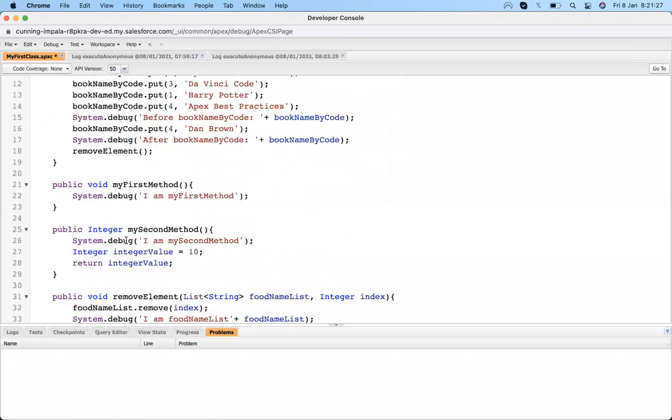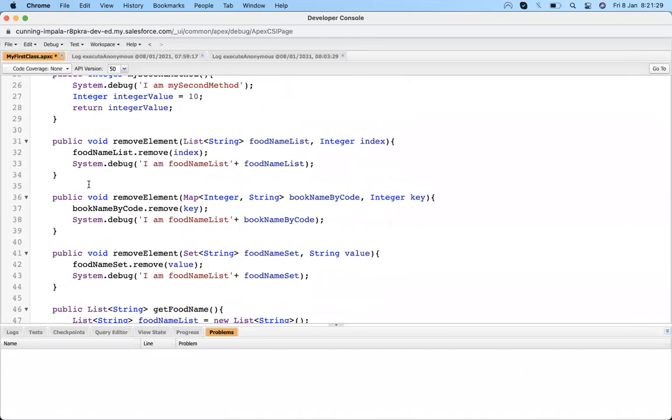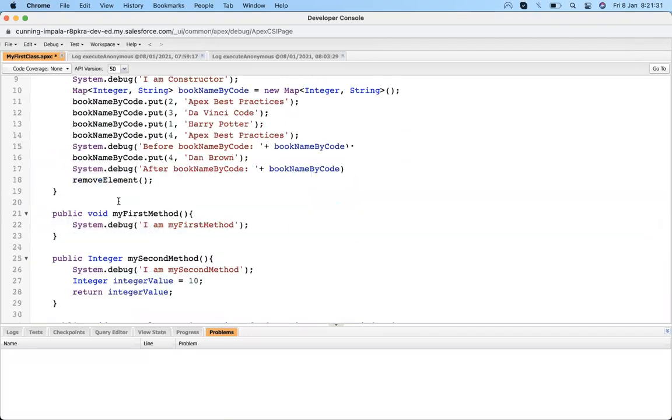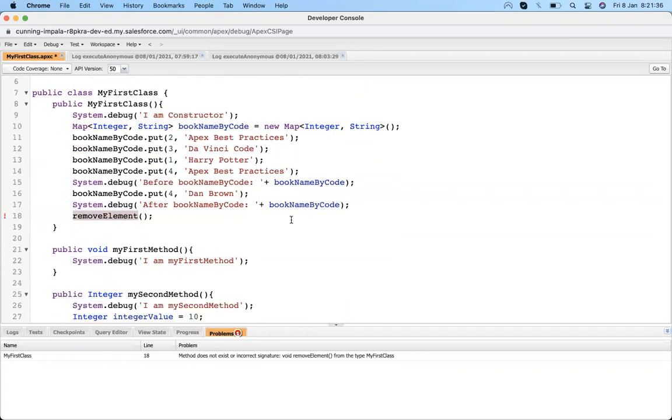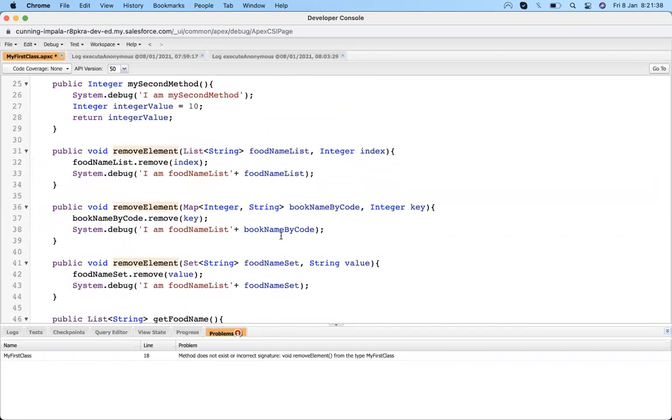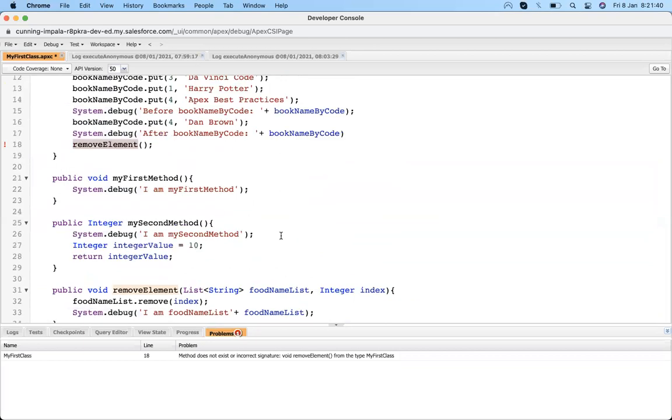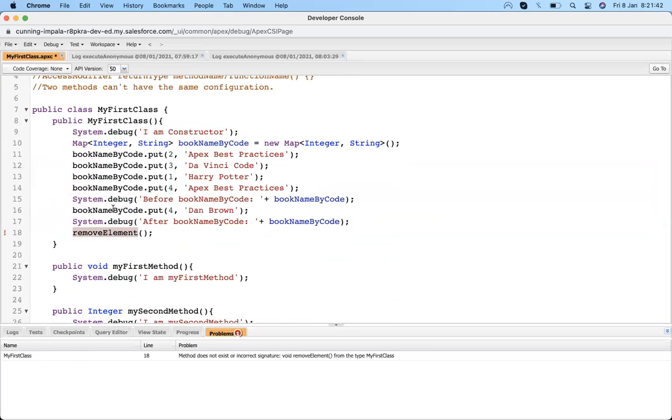If we are calling any method inside the class, that's also important, we don't need to put the class name. We just directly call the method, and after calling the method we just have to put the value names and that index. Suppose I need to remove the third, so it got removed. I am just removing the third index.